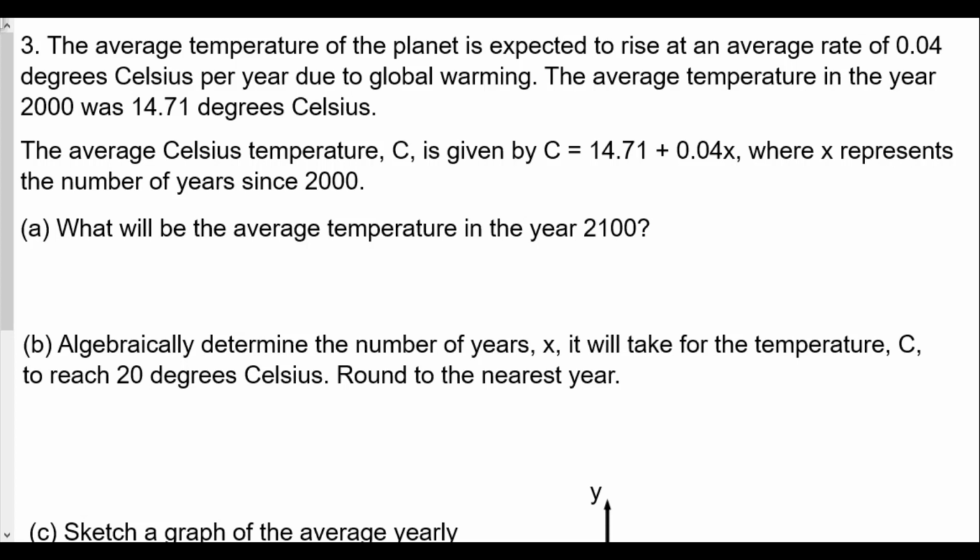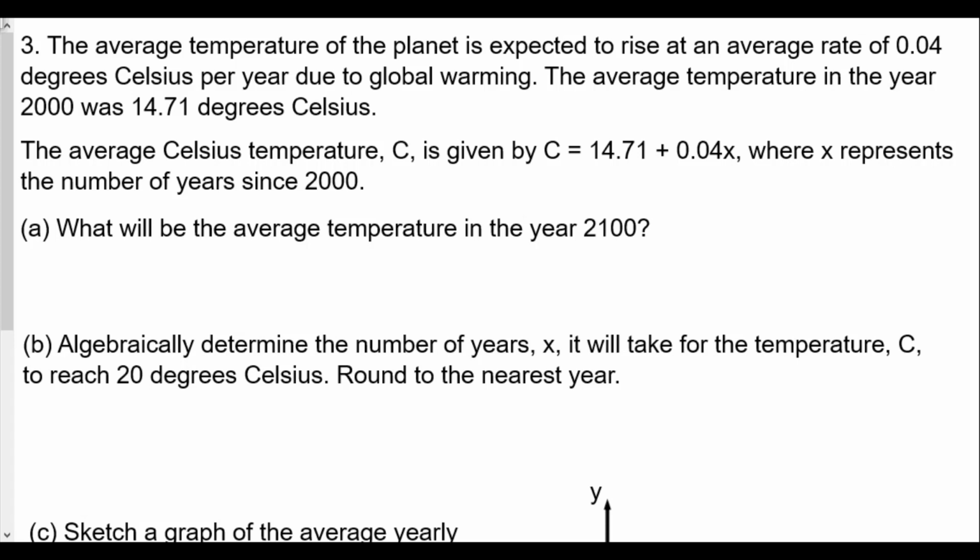Now for question number 3. The average temperature of a planet is expected to rise at an average rate of 0.04 degrees Celsius per year due to global warming. The average temperature in the year 2000 was 14.71 degrees Celsius. The average temperature C is given by C is equal to 14.71 plus 0.04x, where x represents the number of years since 2000. So what would the average temperature be in the year